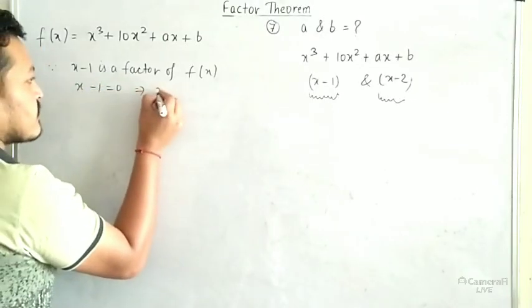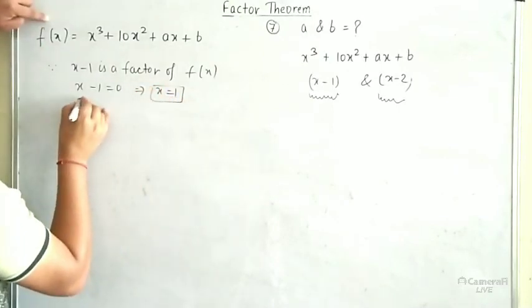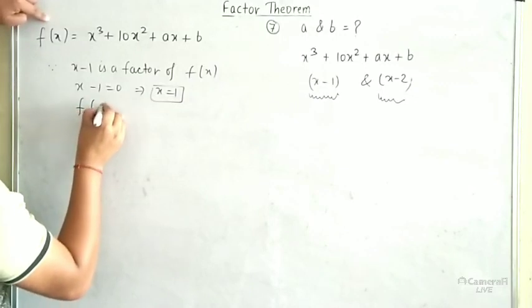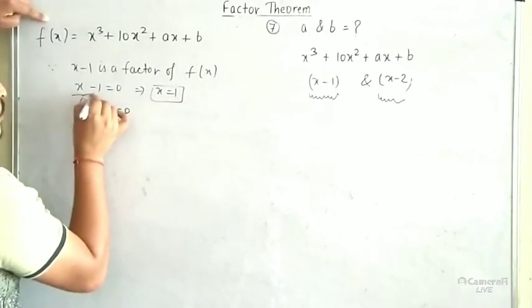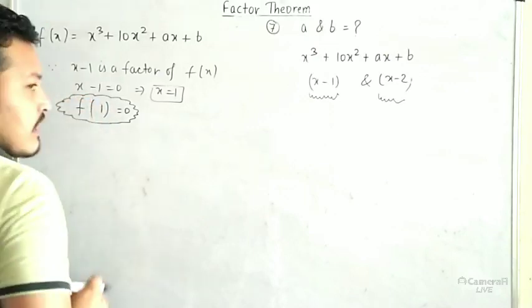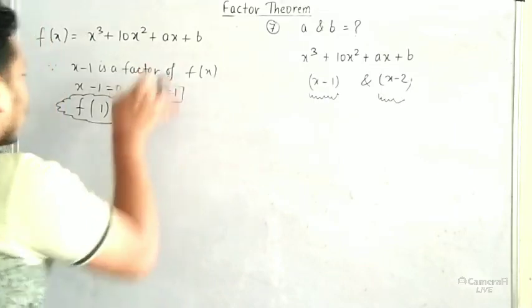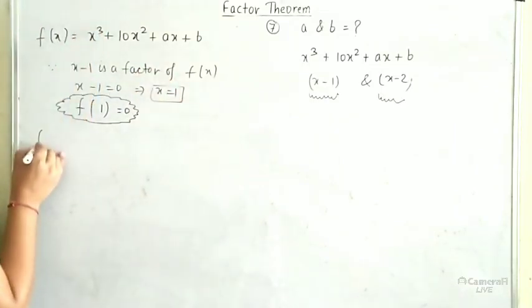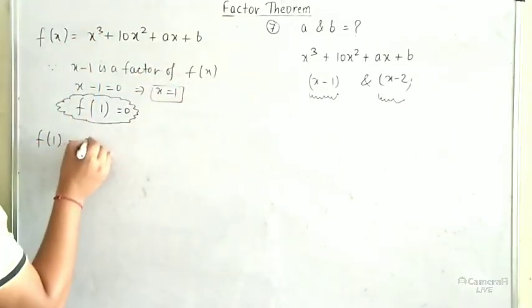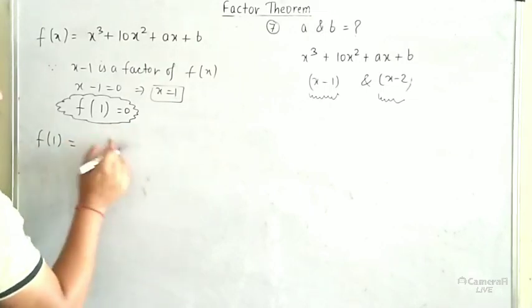So x equal to 1. When we solve for f(x), substituting x equal to 1, f(1) will be 0 according to the condition. When the given expression has the factor, the remainder is equal to 0, so solve it for f(1). I am substituting f(1) is equal to x cube, 1 cube plus 10 into,